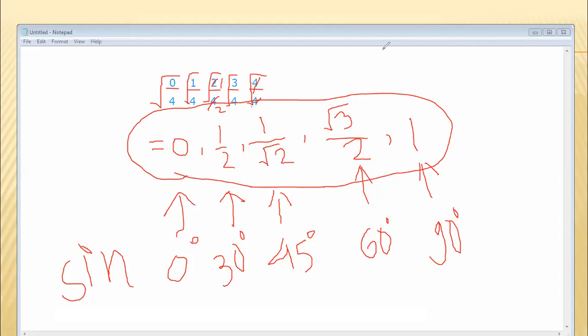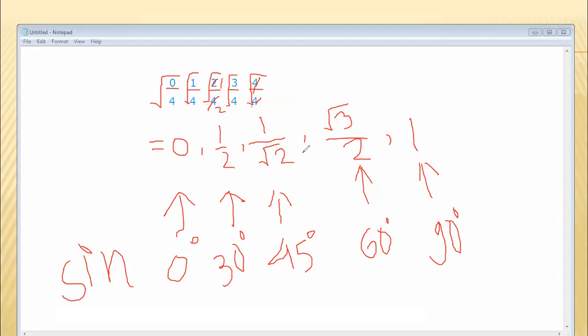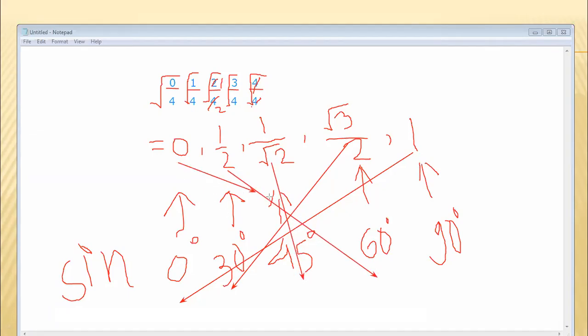If we know these values, we have to repeat these from the back side. Now when we repeat this from the back side, if we take this number at first, 1 comes here and 2 the second number, second last, this number comes here, this comes here and this comes here.